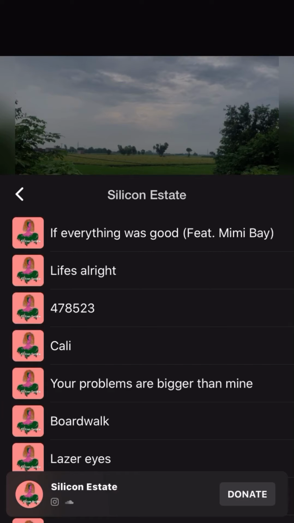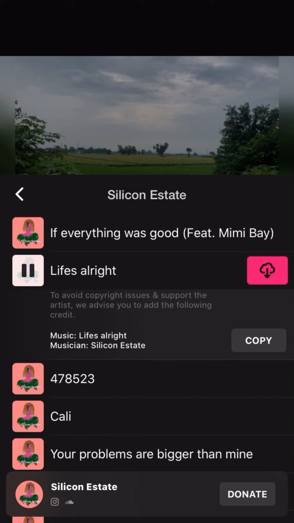I'm just going with the first option here. We're going to click on this button and it's going to download. Once it's downloaded, you can then use this. So we're just going to wait for that to download now. We then press the use button,